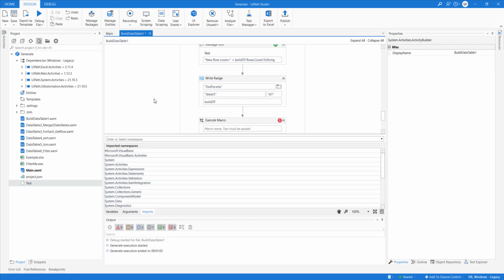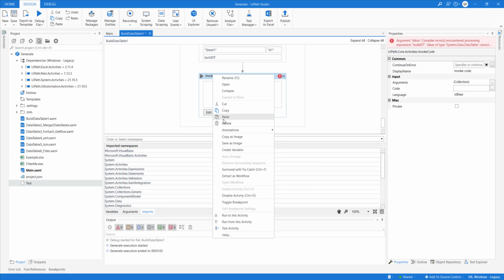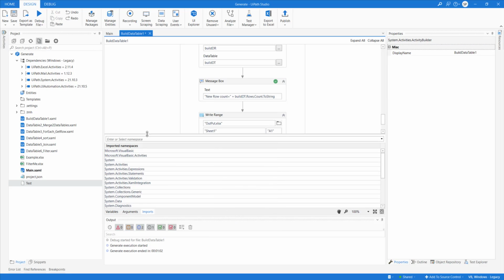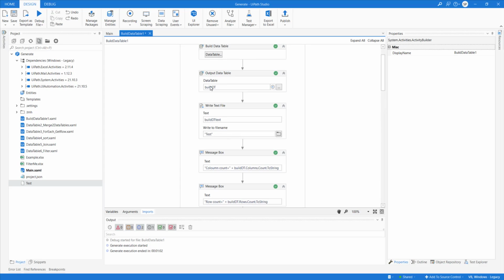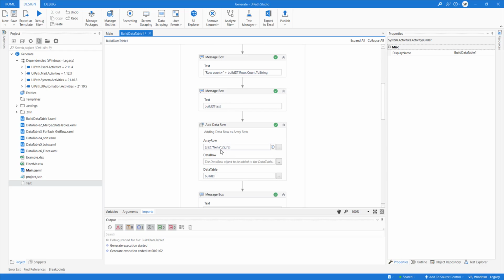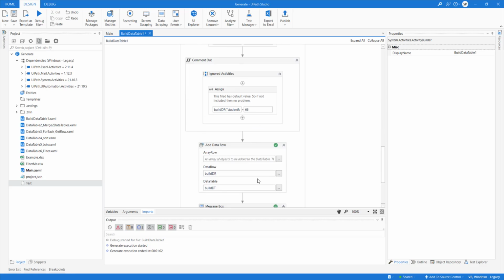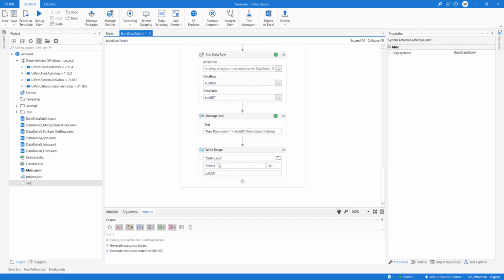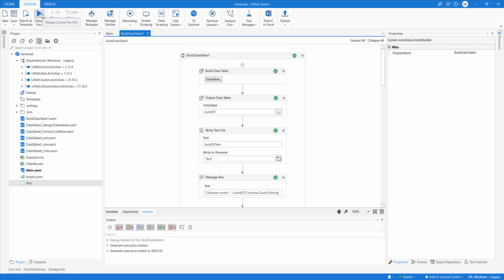Okay, got it? We'll come to these things. Don't worry about it, we'll go step by step. So now we have built a data table. What have we learned today? We built a data table, how we can write that data table into a text file, how we can add values, add rows in one go or column by column, and then write the result back to an Excel file. If anyone has any doubt on this, please let me know before I move to sort, join, and filter conditions.